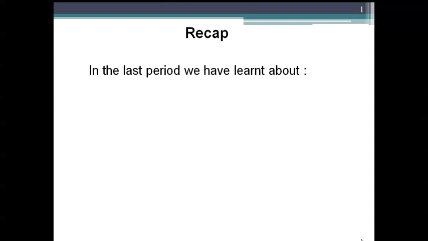In the previous class, we discussed different types of belt drives. As we know, a drive is used to transmit power from one shaft to another shaft. In a belt drive, we use a flexible material, the belt, to transmit power from one shaft to another shaft. The belt is mounted on the pulleys. Pulleys are keyed to the shafts.